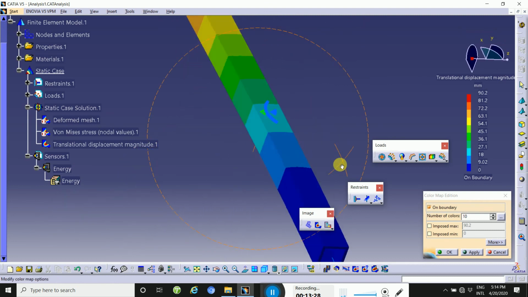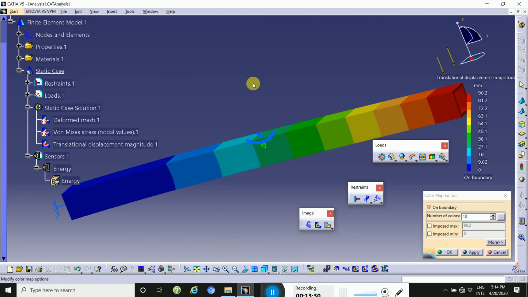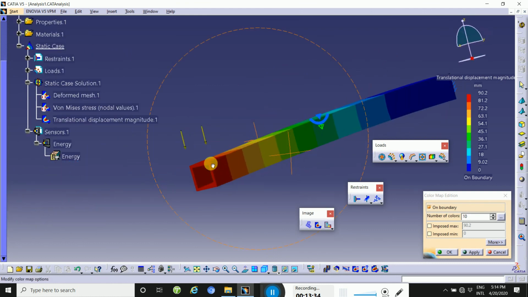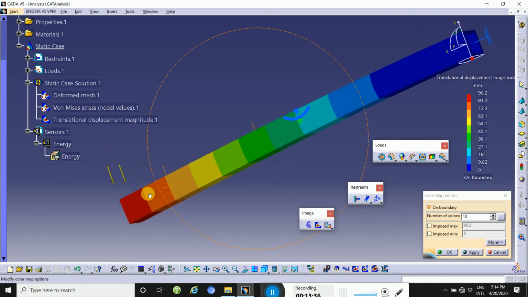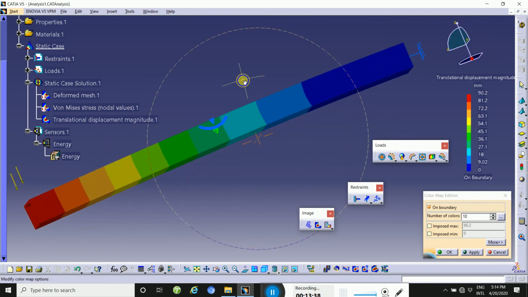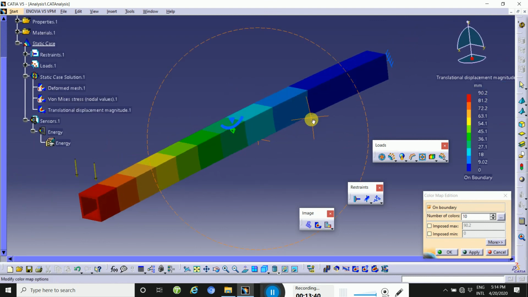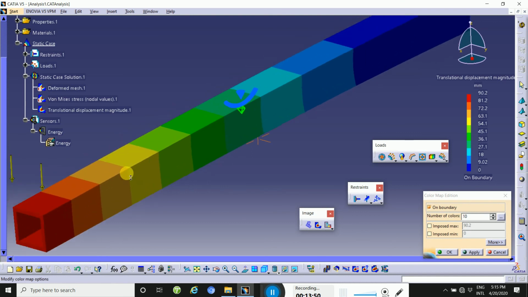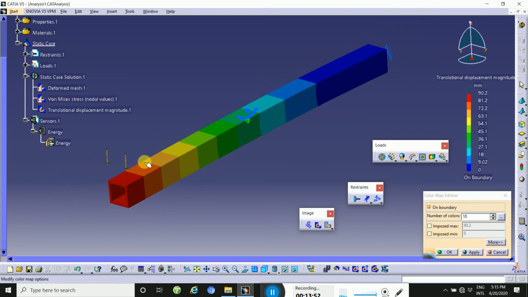See here, your steel bar will deform over a much larger area. More deformation is here. This root zone, double click, and as you can see, this is it.